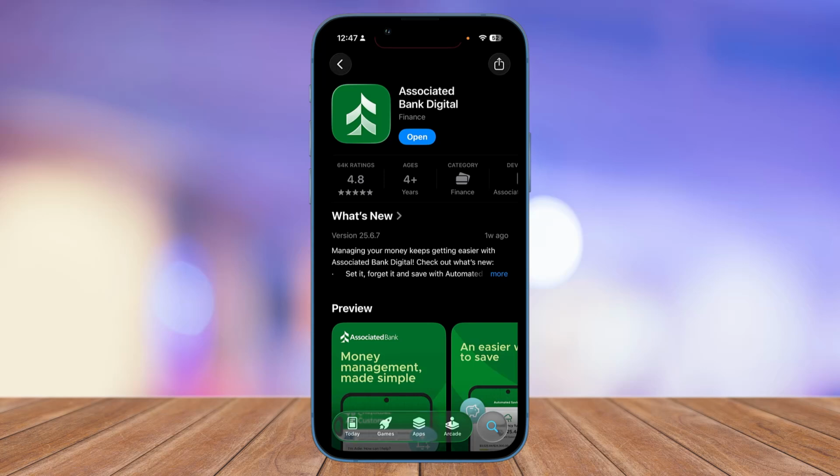Finally, if you tried everything I mentioned and it still doesn't work, then the best option is going to be calling Associated Bank, and the number is 800-236-8866. I'm going to repeat that again,